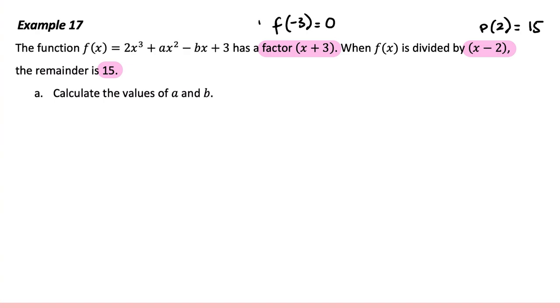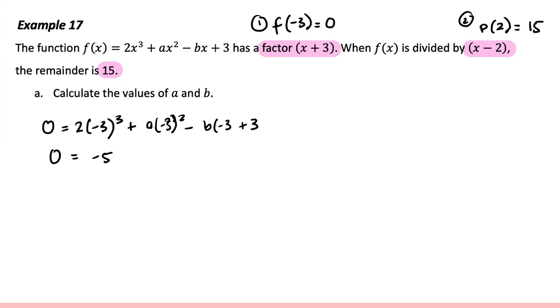So let's go ahead and make two equations here. So that will be 0 is equal to 2x cubed plus, sorry, I should sub in the x as well. So that'll be 2 times -3 cubed plus, where are we up to? -3 squared minus b times -3 plus 3. If we were to simplify that, or rather just expand that out,